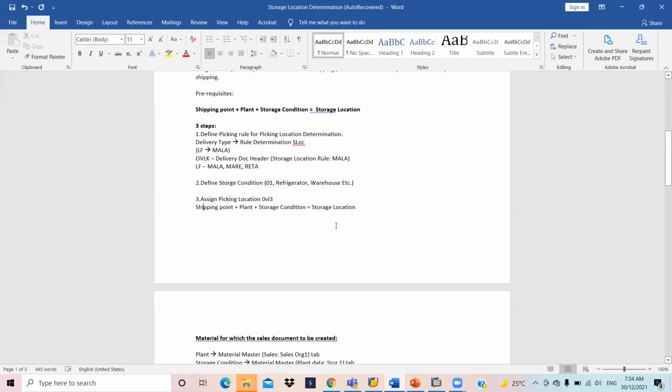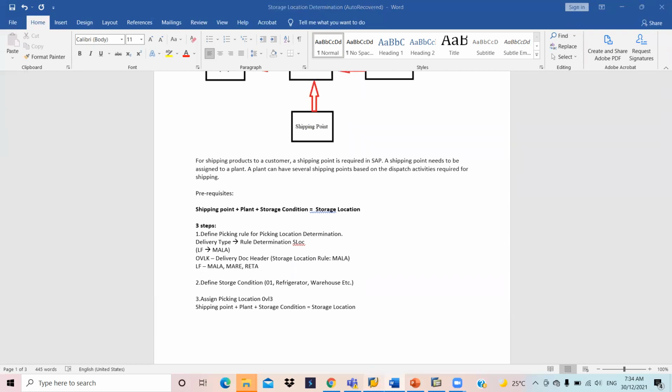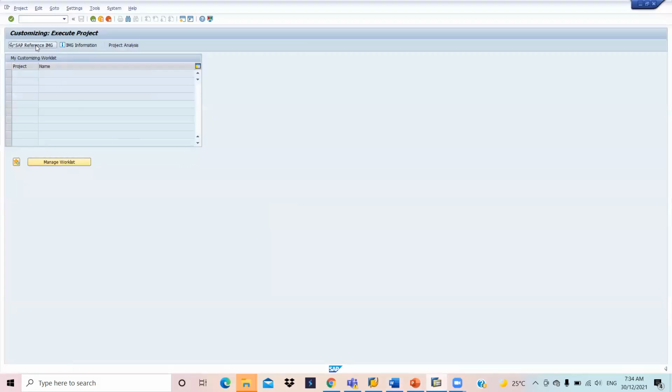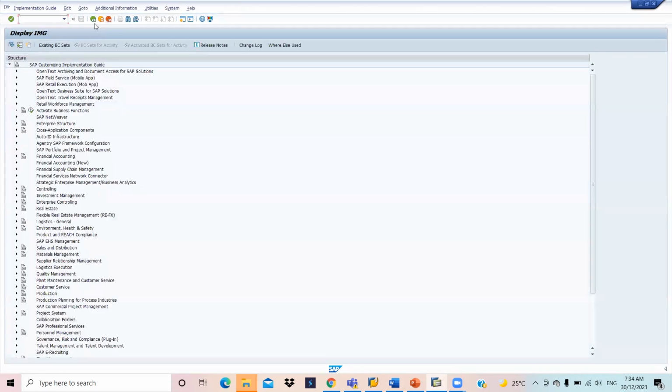First, we must book a sales order and see the behavior and how the storage location data is pulled.